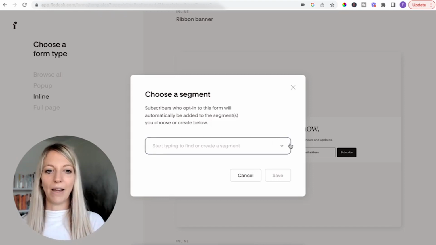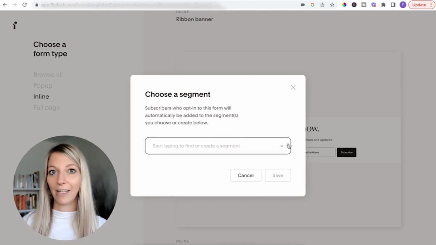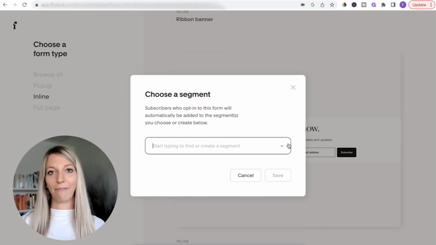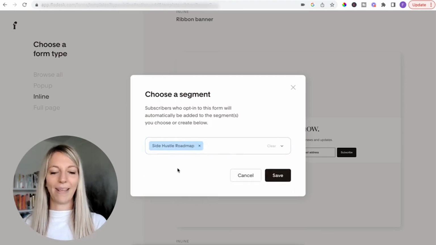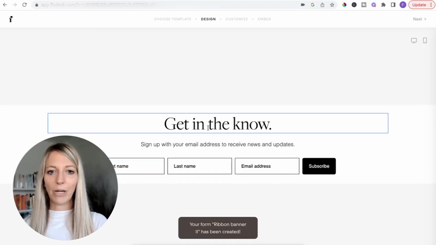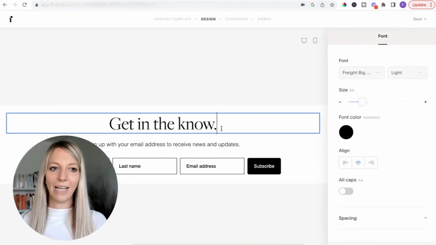But what you want to have here is like literally when they opt in, do they get, for instance, a free ebook or something from you? And you just want to make sure that you have the right segment that then triggers the right workflow. Again, I will make sure to link the video that I'm referring to in the description down below. Okay, so site has a roadmap. Let's do it this way. Save. Okay, and now what I personally prefer is